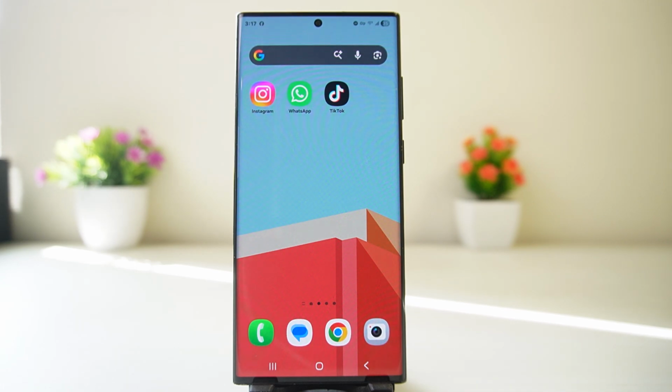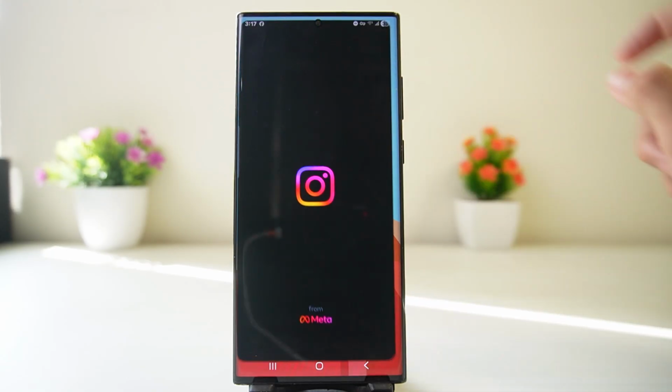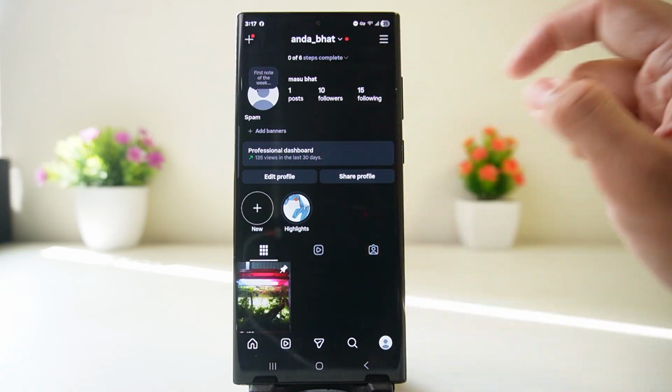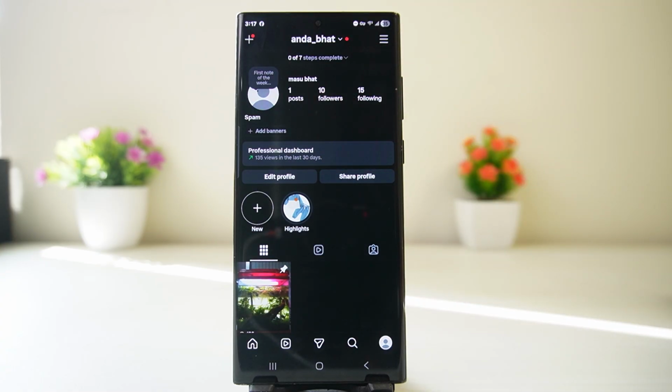guidelines as well. And if you do meet all of those requirements, you want to simply tap on Instagram app and go to your creator profile. Here inside your professional dashboard, you'll be able to see an option called subscriptions over here. If you meet the requirements, you want to simply tap on that subscriptions option and you'll be able to follow the prompt from there to complete your setup on subscriptions for